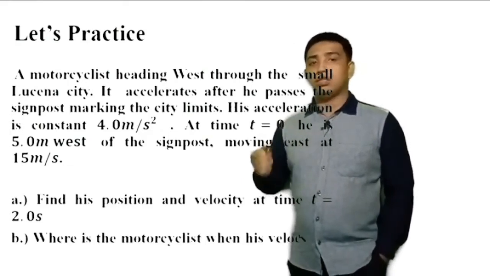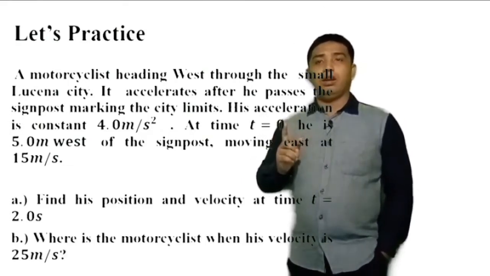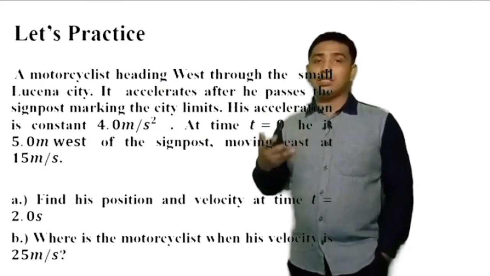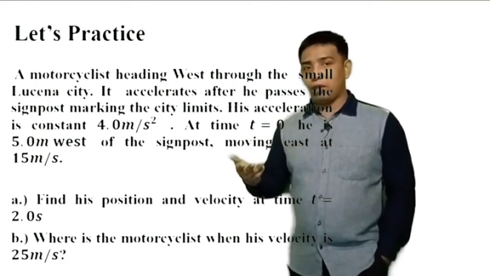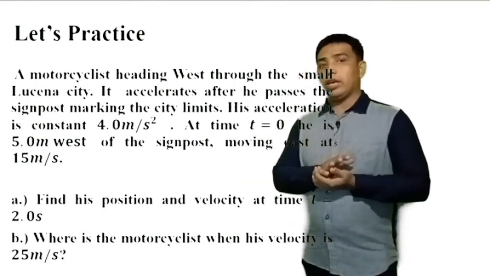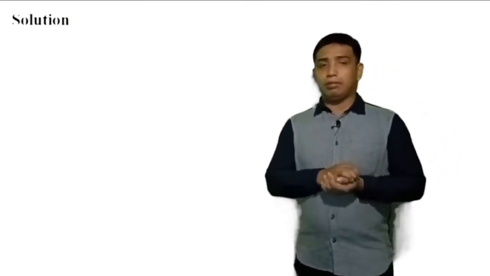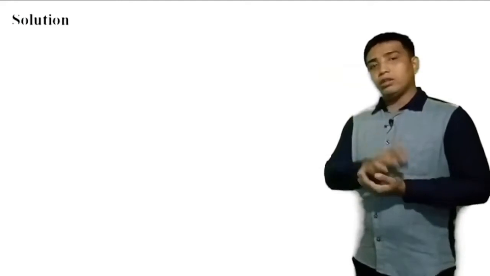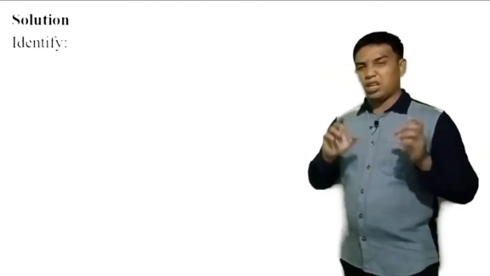And then afterwards, in part B, we are required to find where the motorcyclist is when it is moving 25 meters per second. At first, it might look intimidating, but if we try to understand it and follow the procedures, we will not be lost along the way. According to the problem, the motorcyclist has a constant acceleration, so we can use the formula